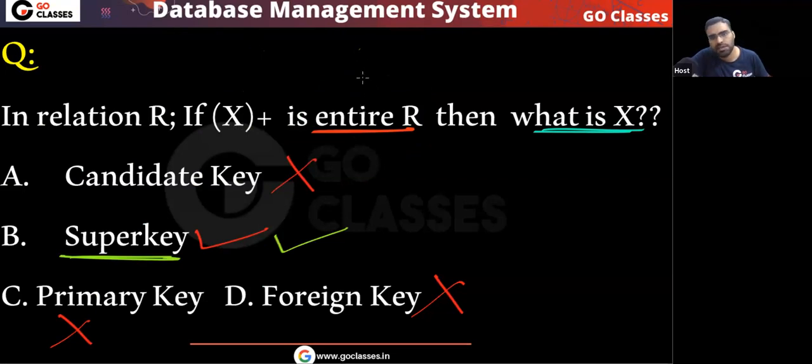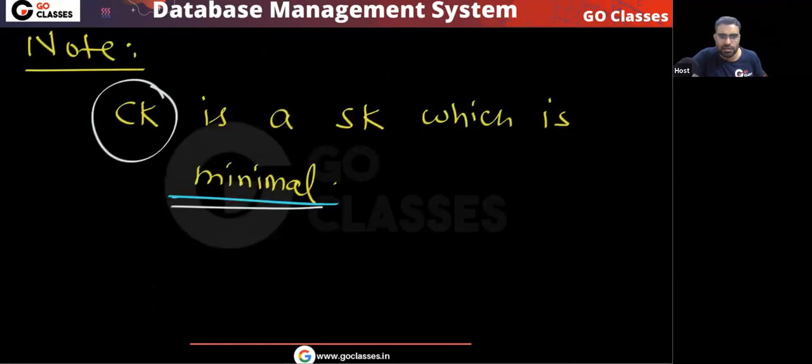Understood? Did you understand that the answer will be super key? So remember, this is a very interesting point, and don't make a mistake here. In any relation R, in any relation schema, you can also call it scheme. Either you can call it schema or scheme, both are the same. In any relation scheme R,